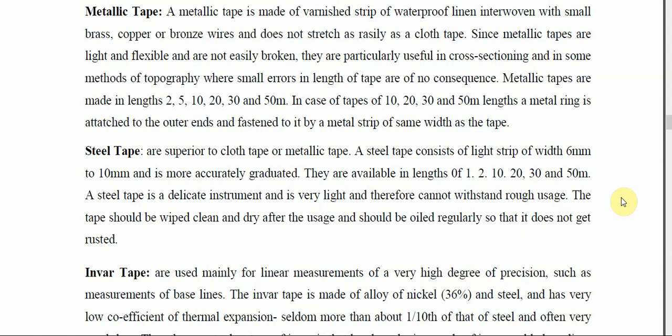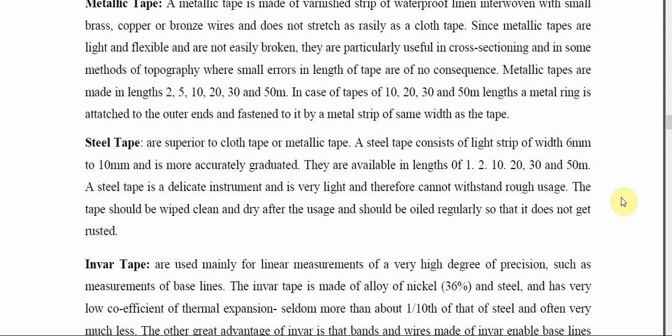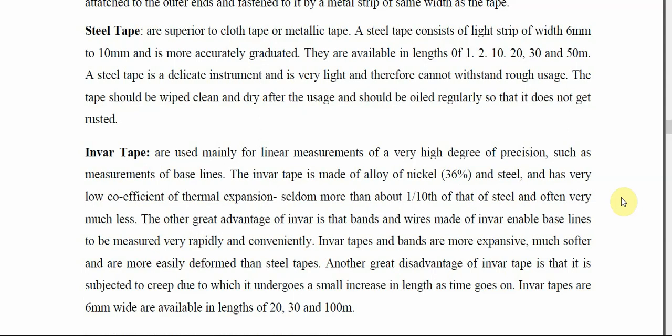Steel tape is a delicate instrument and it is very light and it cannot withstand very rough usage. It must be wiped clean and dry before the usage and must be oiled regularly so that it does not get rusted. Now the next type of tape is invar tape and it